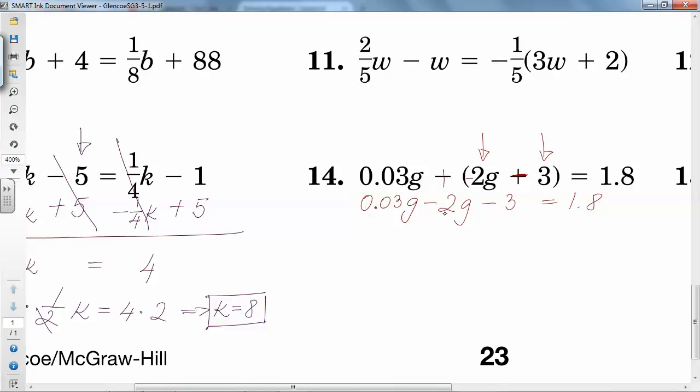Now you combine your like terms and you have 0.03g minus 2g. Okay, that's 0.03 minus 2. 0.03 minus 2 equals what? When you subtract, you add the opposite. So actually your problem now is 0.03 plus negative 2. You have two real numbers with opposite signs. That tells you that you're going to keep the sign of the larger one and subtract the smallest absolute value,